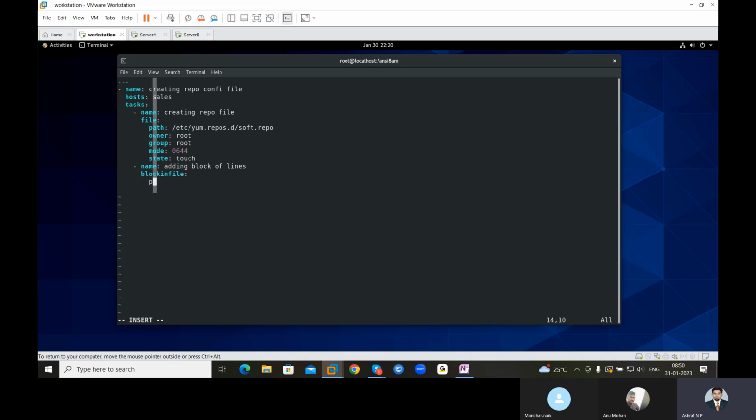So first thing you have to mention the path of the file. Here we are using the path of the file twice. You could declare a variable, right? Listen, I'm just going to declare a variable here. I'll just say vars, and variable name path. Let me just copy this.